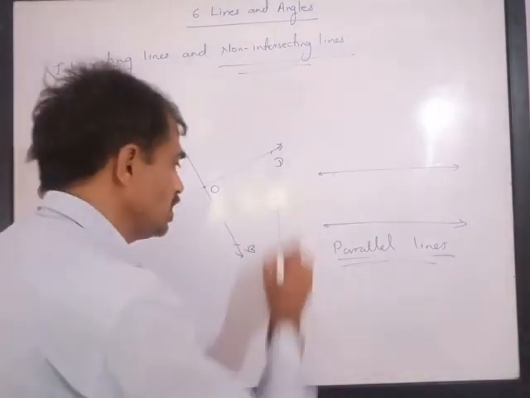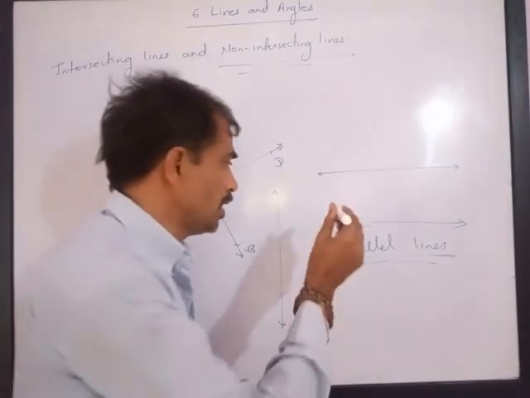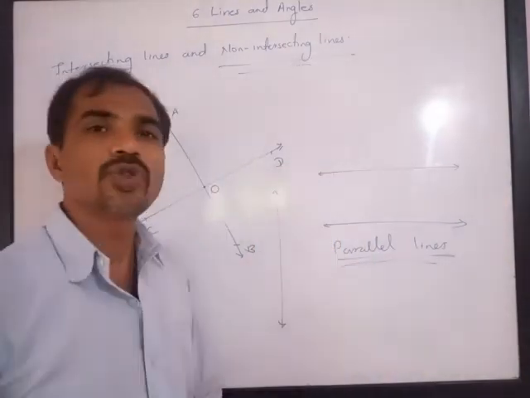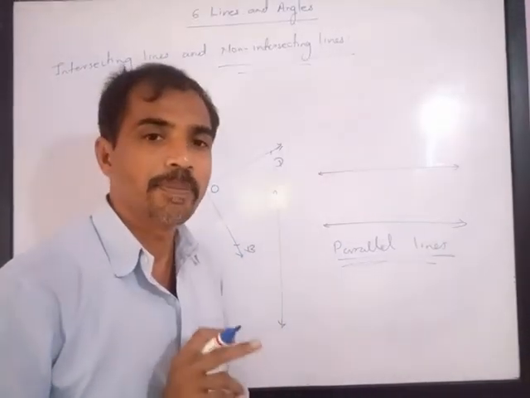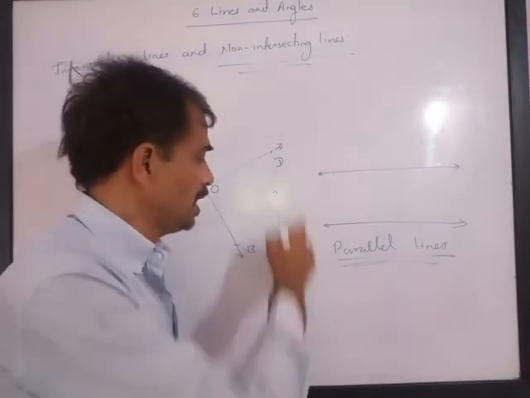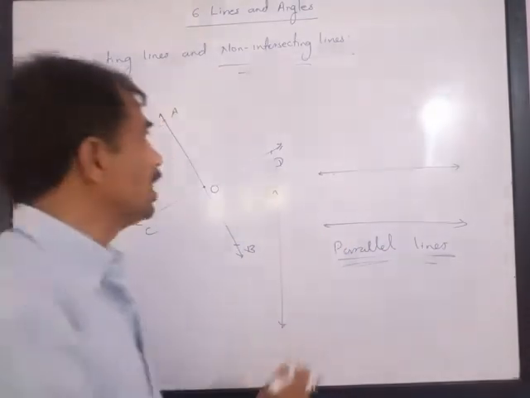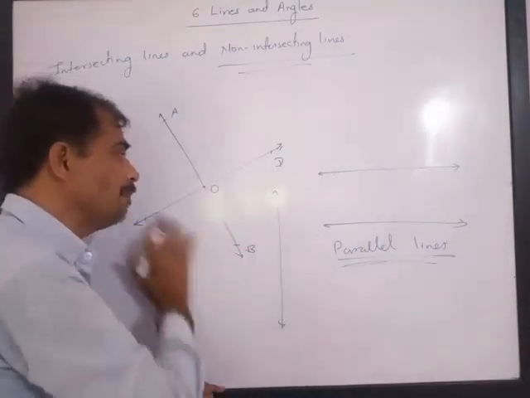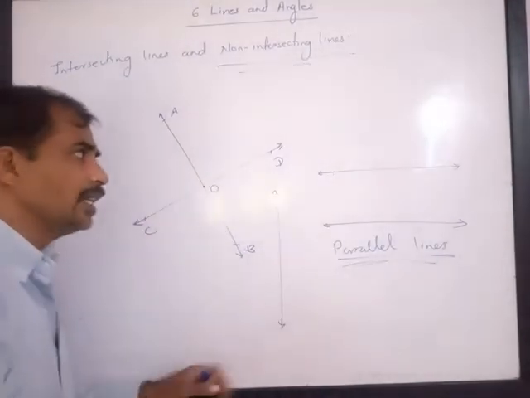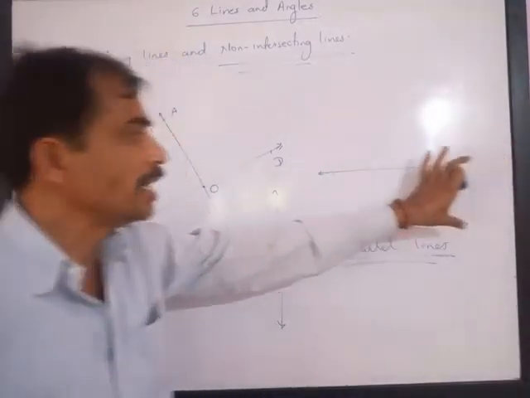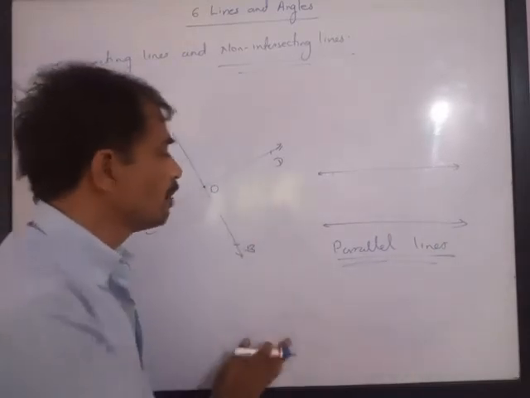Please note, if this is one line and the other line is coming in this direction, right from the camera into the board and going in this direction, those two lines are also non-intersecting lines. But they don't lie on the same plane. So try to understand, this line lies in this plane and the other line lies in another plane. If the lines lie on the same plane and have only one common point, then those lines are called intersecting. If two lines lie on the same plane and they don't intersect, then those lines are called parallel lines.